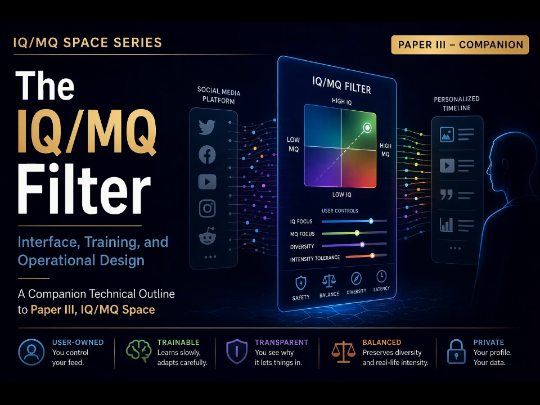Imagine you could take the exact intellectual metabolism of your brain, your precise tolerance for nuance, your threshold for nonsense, your specific appetite for complex debate. And imagine you could just turn that into a downloadable file. It's a wild thought. It really is. And today, we are looking at the actual engineering blueprints that make that concept possible.